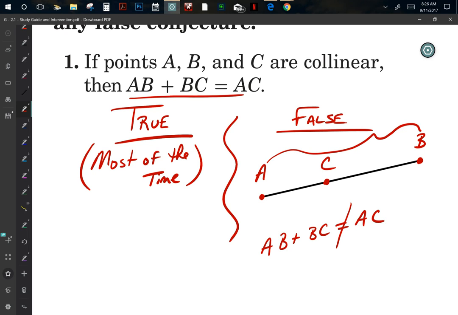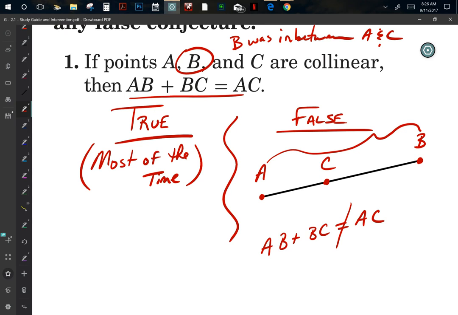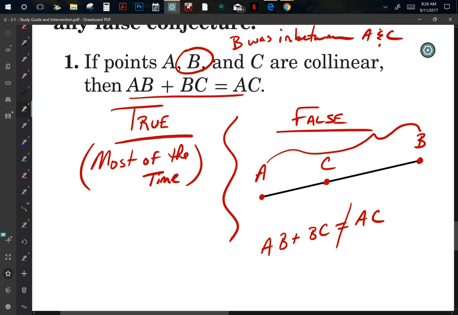All of our minds just jumped to B was in the middle when I talked about it, wasn't it? But did I ever say B was in between A and C? I didn't, did I? You guys get the point I'm making here? This works if B was here and A and C were here, right? Now it works. That's an example.